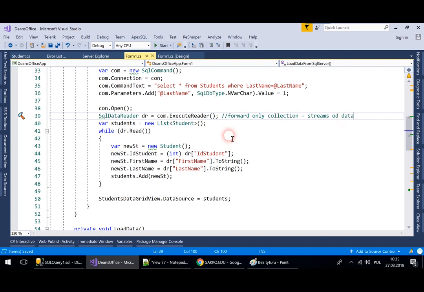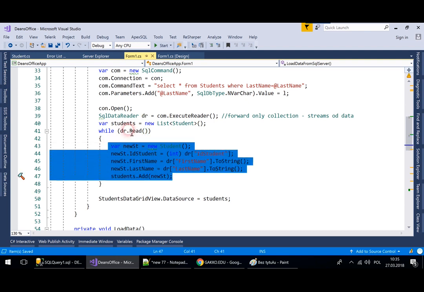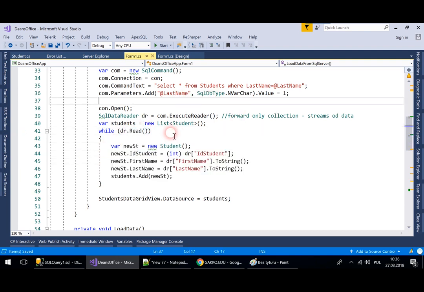It means that we are only reading the data chunk by chunk, and the Read method is simply checking if there is another record to read in. If this is true, then go to this step. And Read is pointing our cursor to the next record. If there is a next record, this whole thing will return true, a Boolean value. Otherwise, it will return false. We will know that we reached the end of the SqlDataReader. But we cannot just say, give me the 10th student or the 5th student, because we are reading data one at a time. And this way, we can always work with 1 million records, 100,000 records, and so on. We will never have a problem with